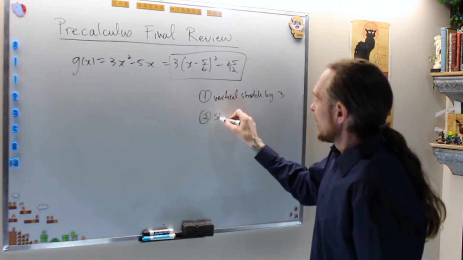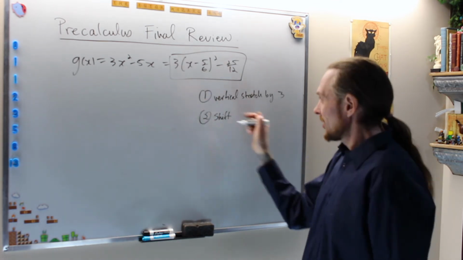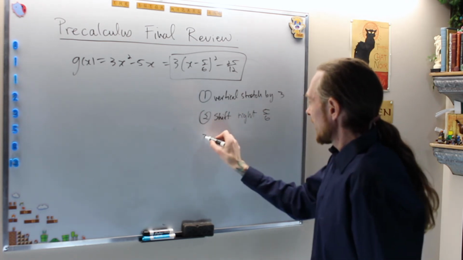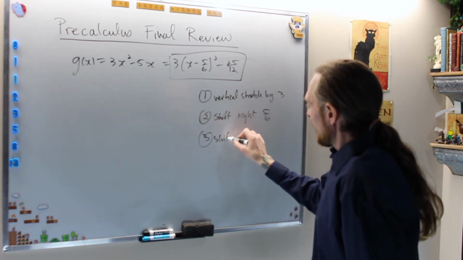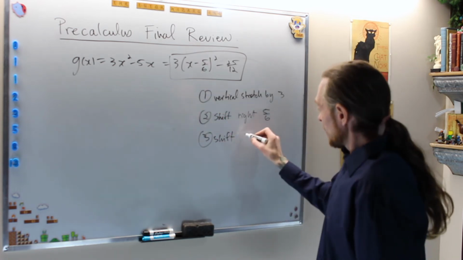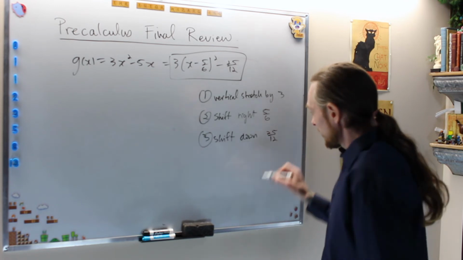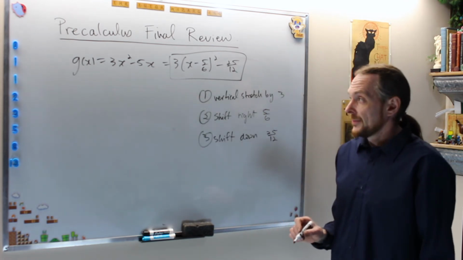2, we have shift horizontally right by 5 over 6 units. And 3, shift up and down, particularly down 25 over 12 units. To do that,